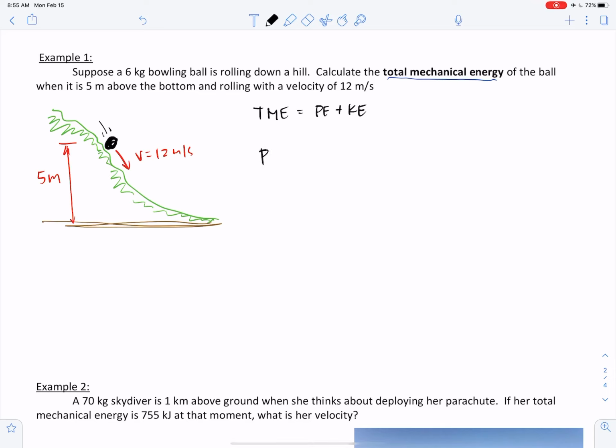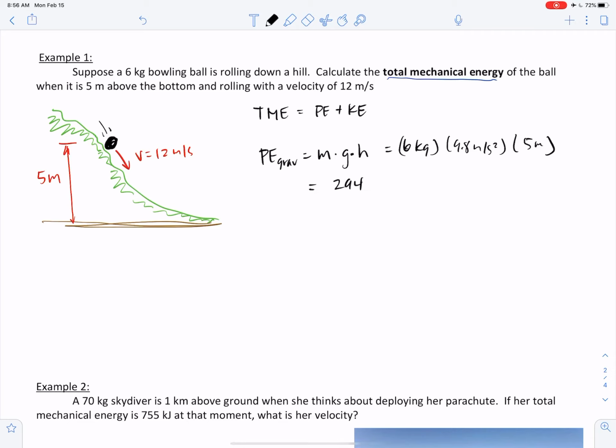So here we go. Let's start with the gravitational potential energy. Well, that's the mass times the acceleration due to gravity times height. So I can just plug those numbers in, right? It's a 6 kilogram bowling ball. The acceleration due to gravity is 9.8 meters per second squared. The height above ground at this point is 5 meters. Okay, so this gives me